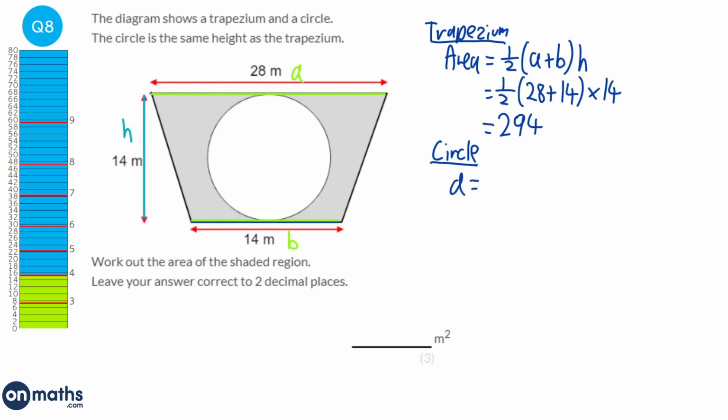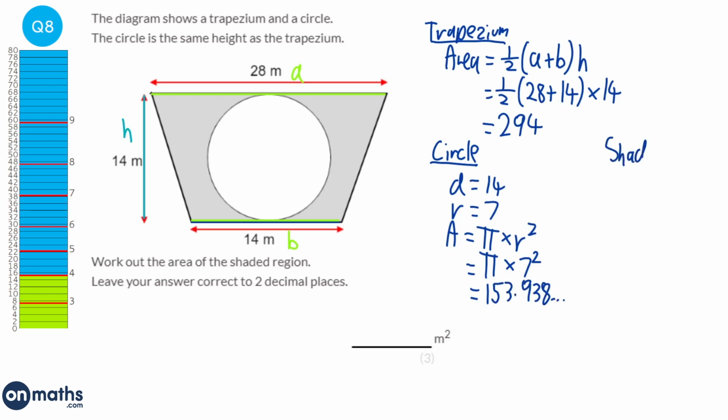So the diameter of the circle is 14, therefore the radius would be half of that, which is 7, and the area of the circle is pi times the radius squared. So it would be pi times 7 squared, which will be 153.938 blah blah blah. Now keep that in your calculator, because next thing we'll do is the shaded area part,